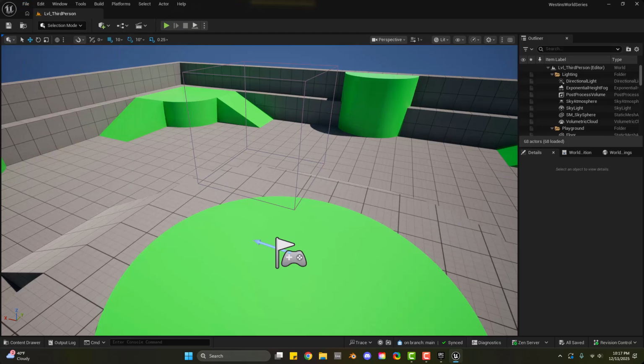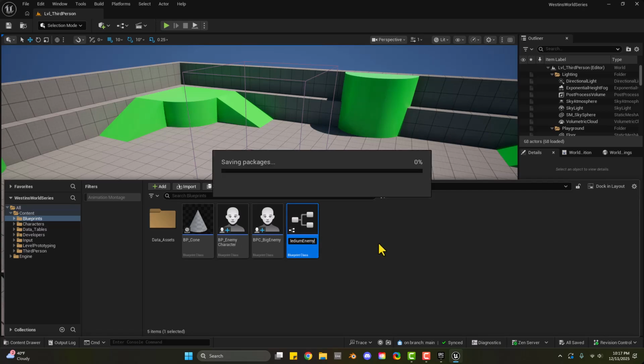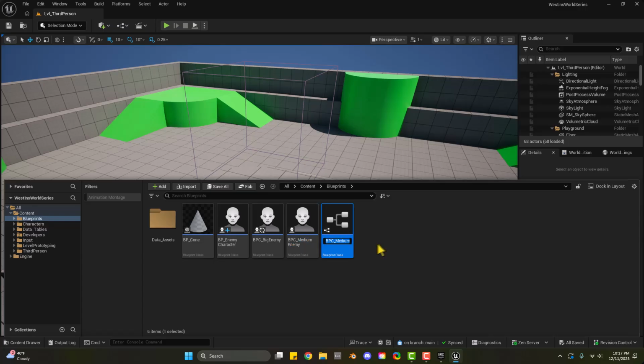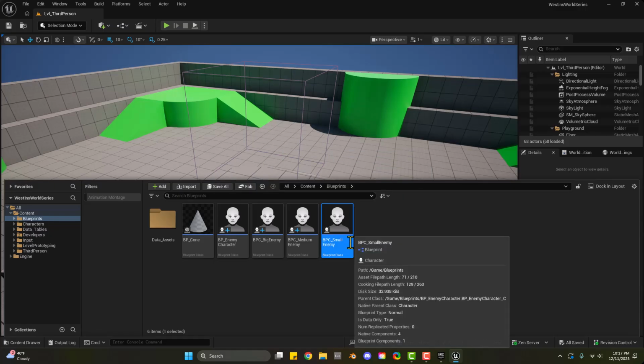Let's file, save all. Oops. Control space bar. Let's make this a BP medium enemy. And I wonder if it's going to crash again. Maybe it didn't like saving a duplicate child for some reason. Nope. I just got unlucky. An MVP, small enemy. I lost my tabs. That's not that big a deal. Okay, so now I have 3